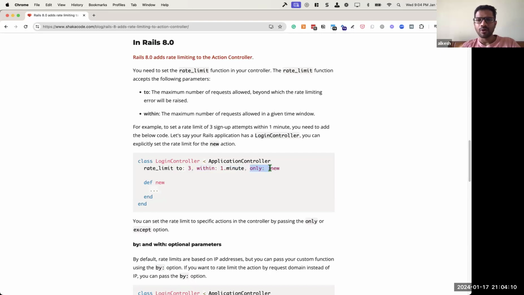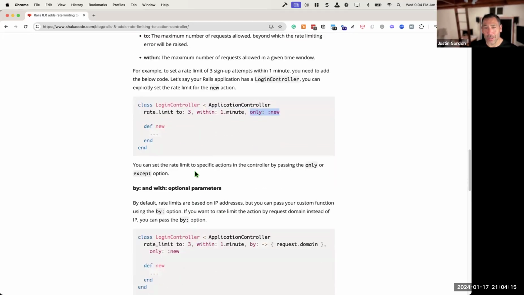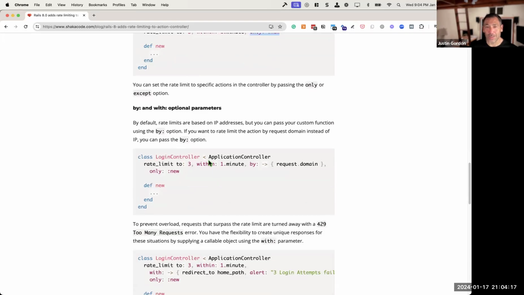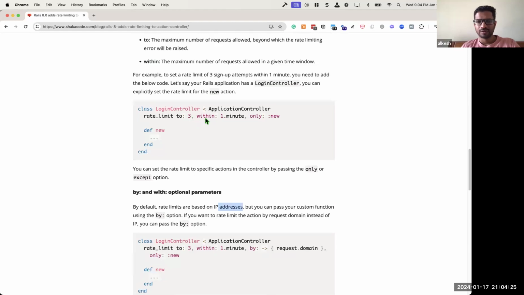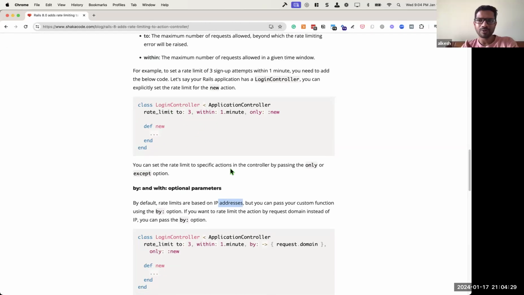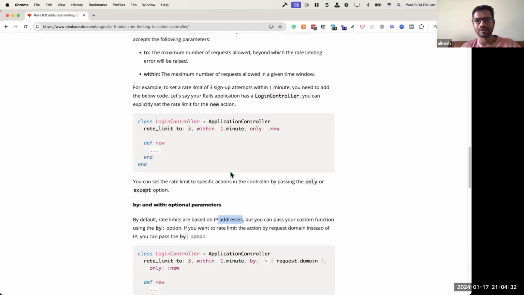Now, what is it using? My question is, it's limited by what? By default, it defaults to the IP address, right? Correct. But that would be a nightmare if somebody just did that, right? So I think by default, what they kept in the rack attack gem